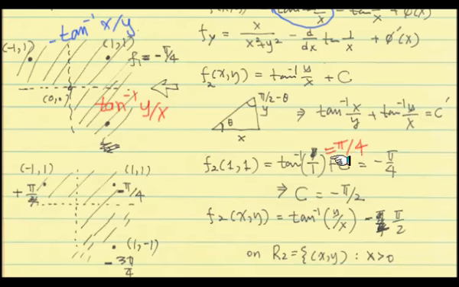Right, this is what I wanted to do. I showed too much, but this is what I wanted to show, the pi over 4. So therefore, this whole thing is a pi over 2, such that this worked out this way. So that makes this f2 to be this one, and we found out the main portion here, tangent inverse y over x, with this constant, agrees on that part.